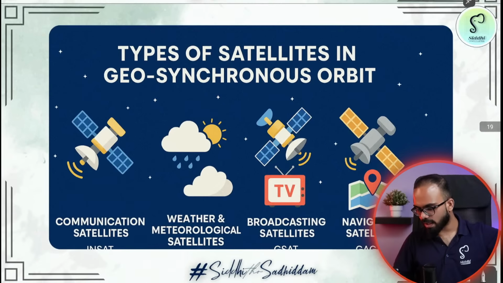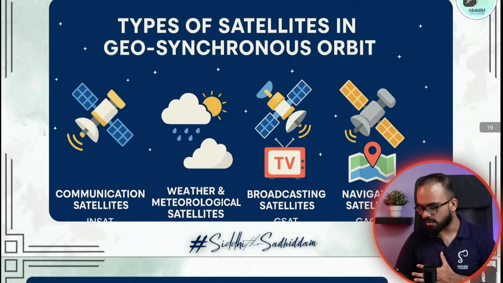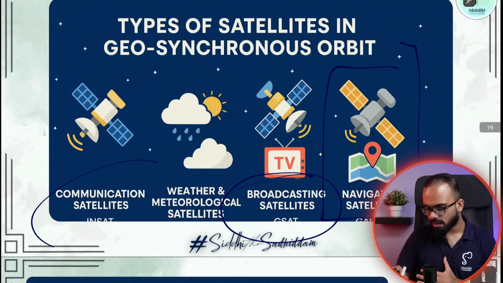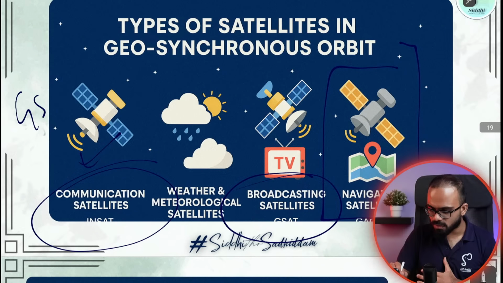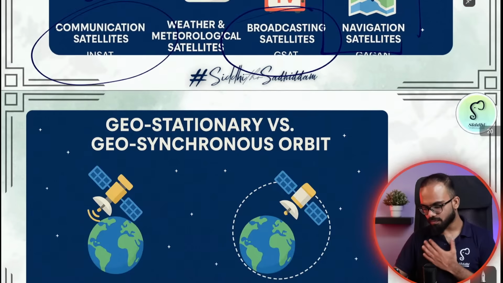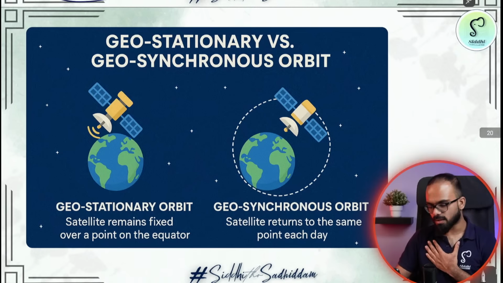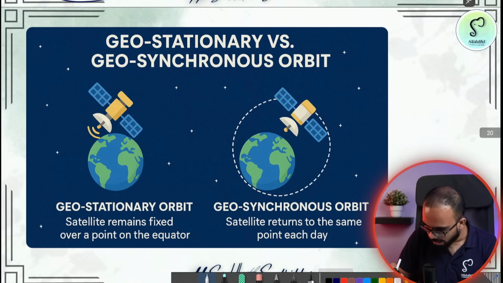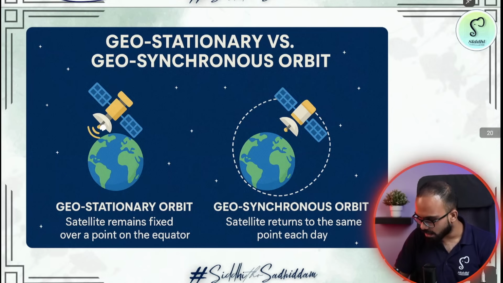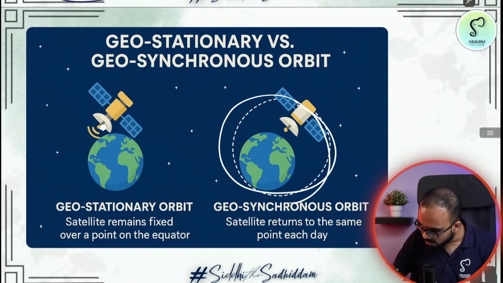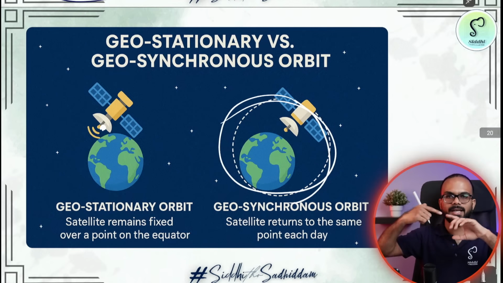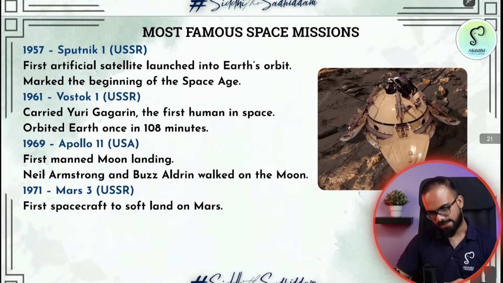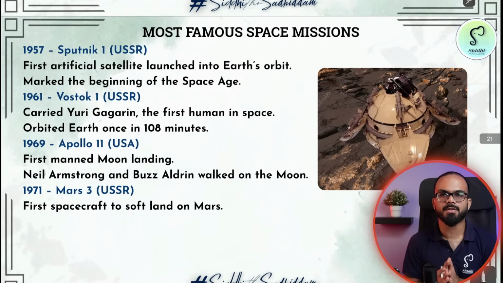So these are various kinds of satellites. In geosynchronous, you have broadcasting applications. Mainly, you have navigation satellites. You have communication satellites, usually placed in geostationary orbits only. So, as someone was asking, what is the difference? The difference is very, very simple. In a geostationary orbit, the satellite is at a fixed position, whereas in a geosynchronous orbit, the satellite returns to the same position. That is, the rotation of the satellite is in synchronous with the rotation of the sun. So, this is about the satellites, the orbits and the positions.